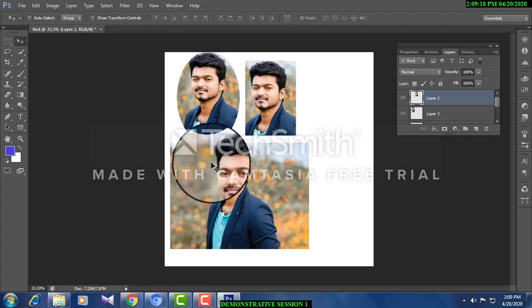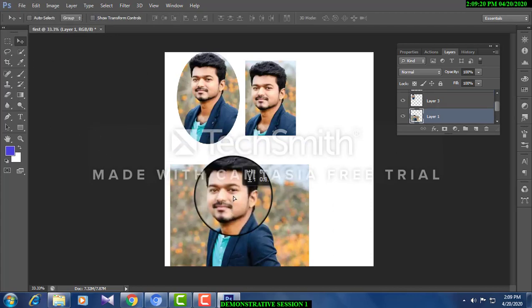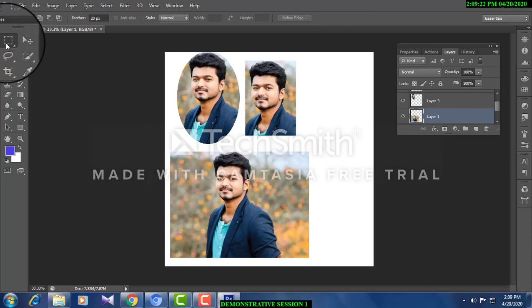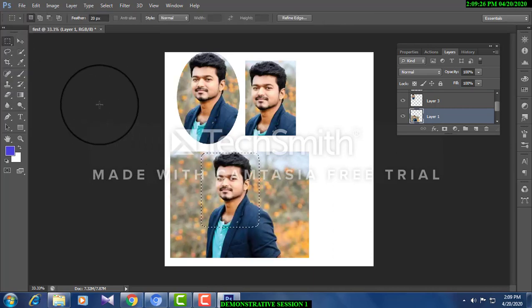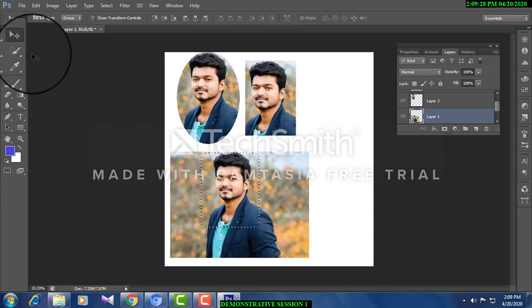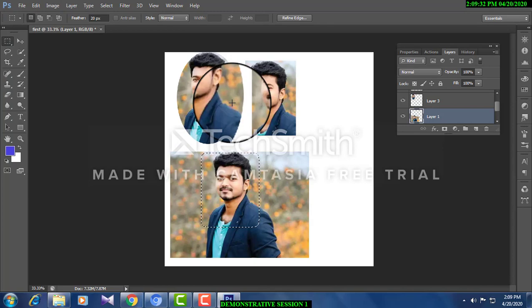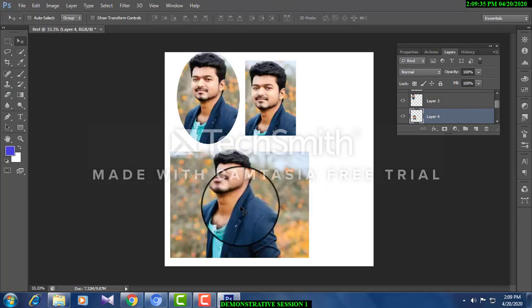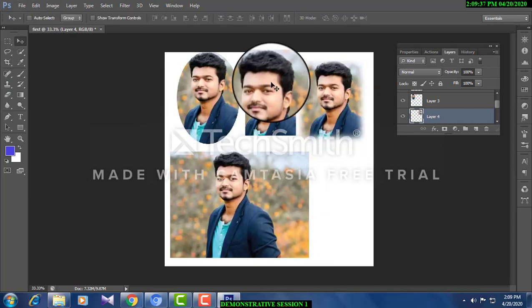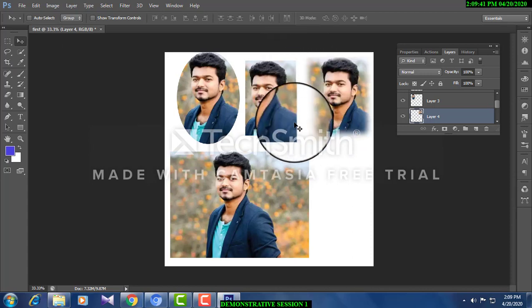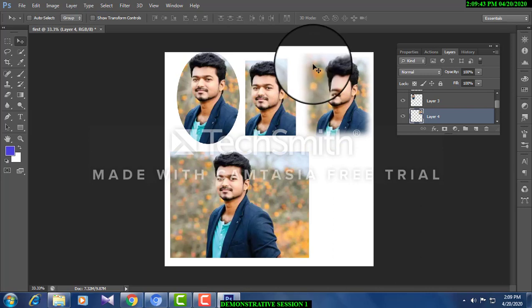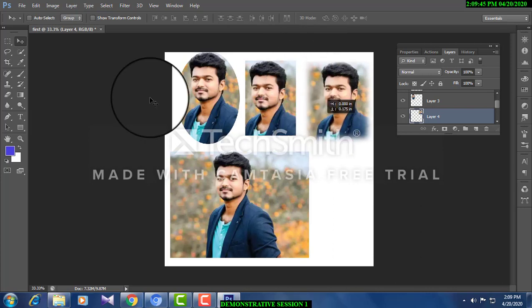Look at here, rectangle, and add a feather effect, maybe 10, 20, whatever number that you want, you can give it. Now coming back, I'm going to select again with layer 1. Select layer 1, choose this picture. So choose this marquee tool. Now Control C and Control V. Now look at here. See this picture and this picture. You see the difference? This picture has sharp edges, sharp borders, and this picture has feathered borders.